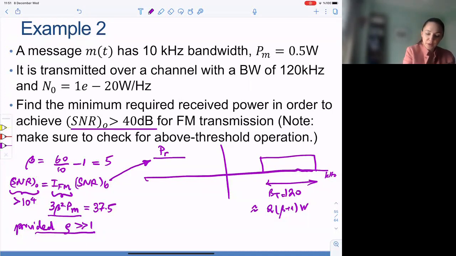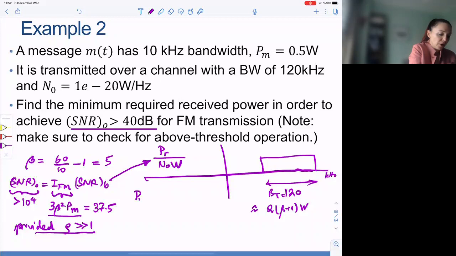What is the noise power in the message bandwidth? It's N naught W, and not the transmission bandwidth. So basically, we are asked that P_R over N naught W times 37.5 is bigger than 10 to the 4,